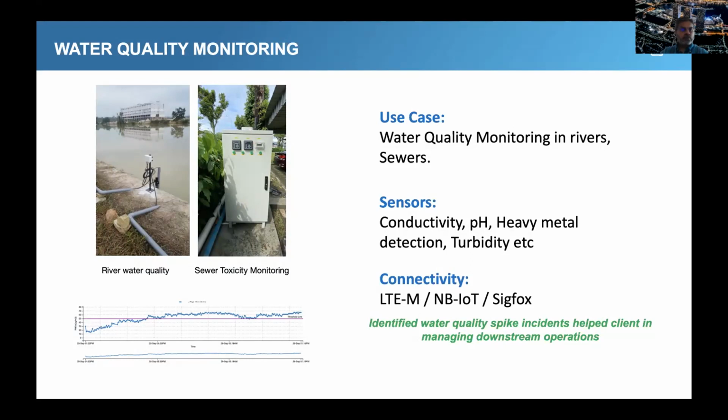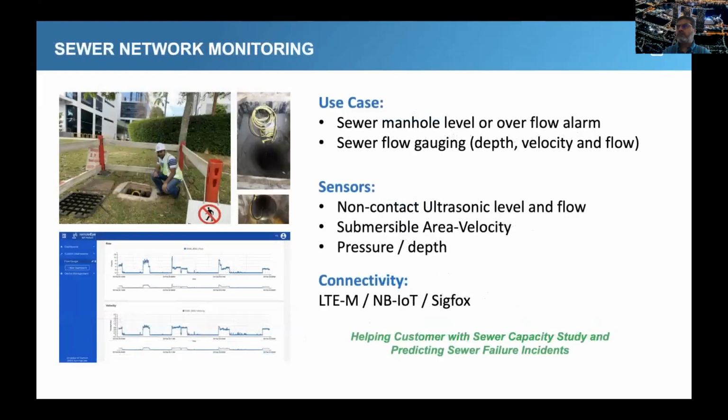And on the right side is a more interesting use case where it is monitoring heavy metals in the sewer system. So there is this problem where manufacturing companies and other commercial companies illegally discharge chemicals into the sewer system. And previously, regulators used to go and do a manual sampling and check. Now with this system, it is completely automated, and a sample is also captured by the system to prosecute or to take further action. Right. So these are a couple of examples in a river and in sewers.